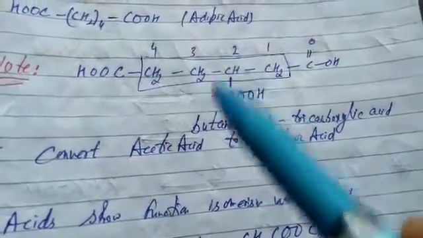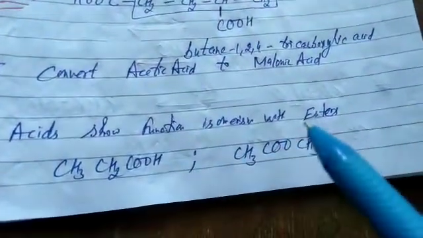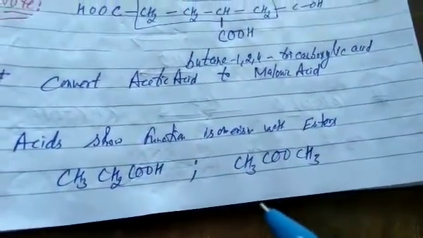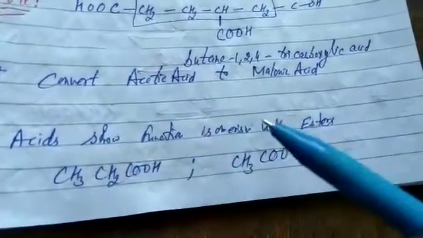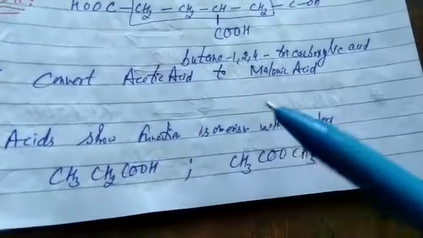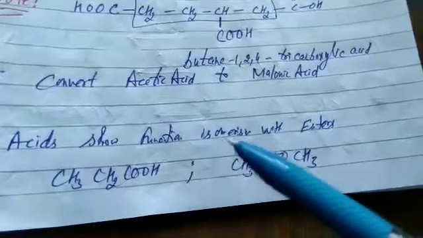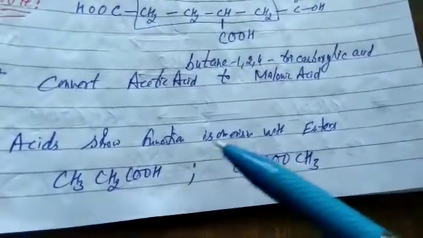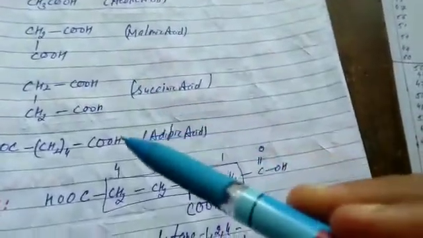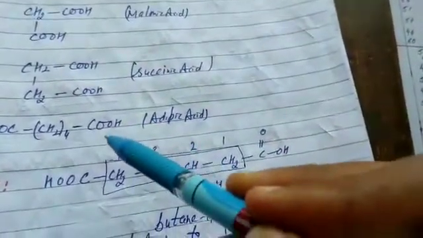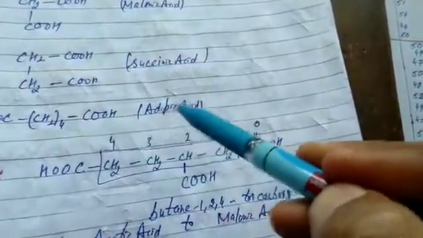Students, functional isomerism. All of you know acids show functional isomerism with esters. We have studied the isomerism in detail. At first, chain isomerism. Isomers differ by the nature of chain. Then position isomerism, by the position of functional group. Students, remember why aliphatic acids do not show position isomerism. Aliphatic acids do not show position isomerism because COOH group is always present at terminal position and will go at first number. Hence, they don't undergo position isomerism.